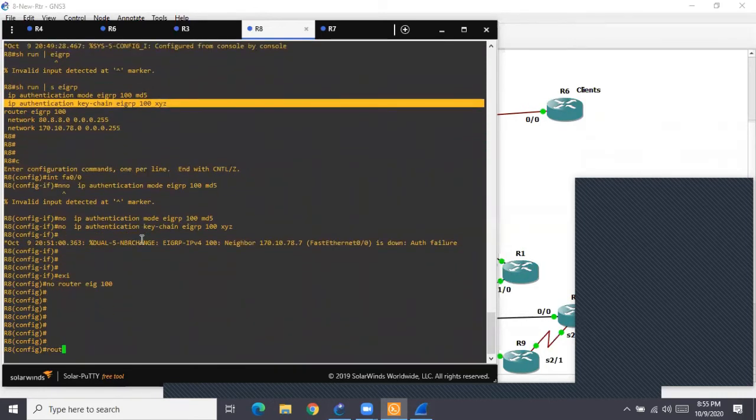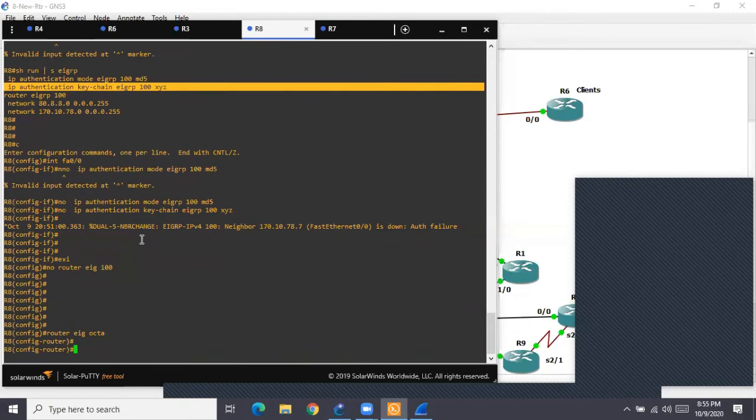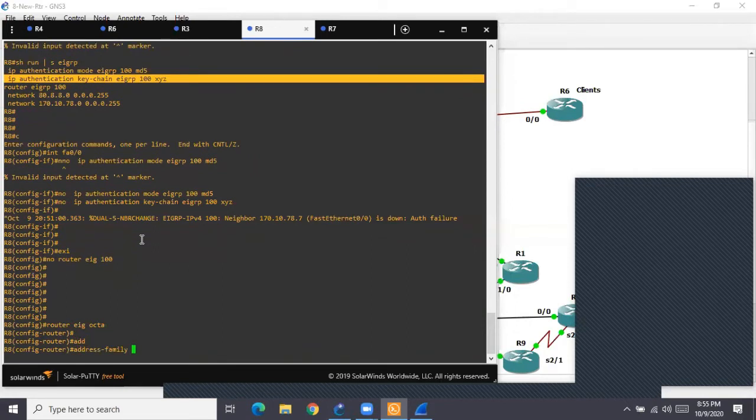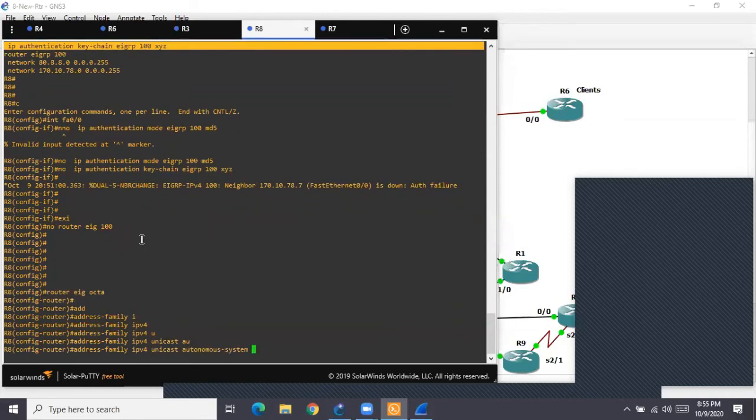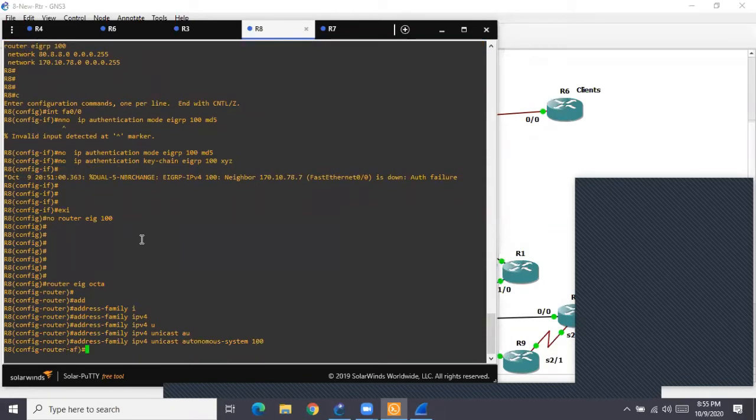Again, quickly I'll enable router EIGRP Okta, address family IPv4 unicast, and then the autonomous system number. Unicast is optional, need not be there, not necessary.